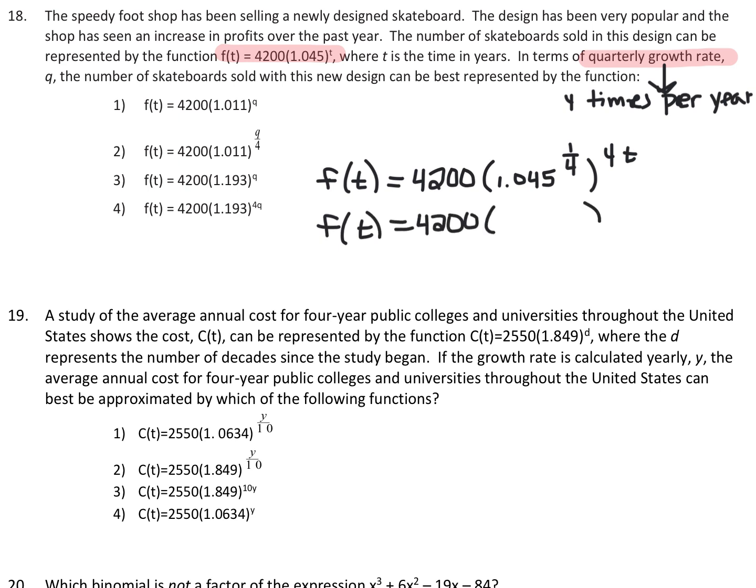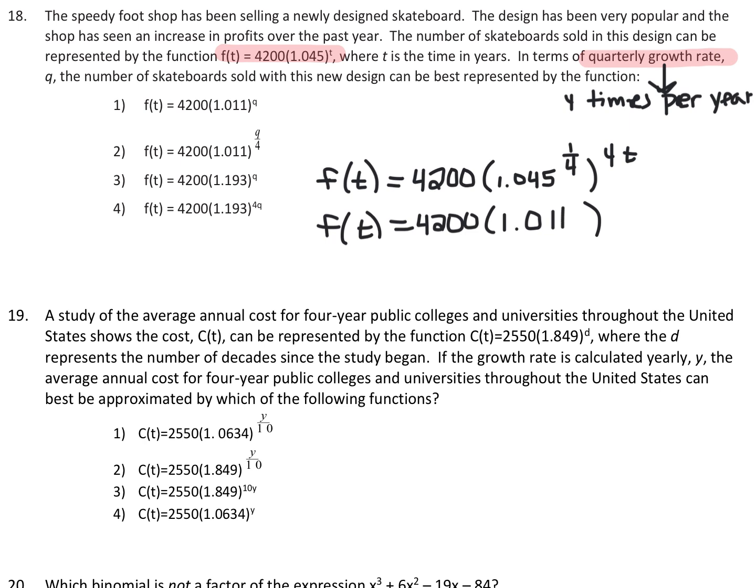Okay, now, in your calculator, you're going to type in 1.045 to the 1/4 power. And you could see in the answer choices here, they rounded to the nearest thousandth. So let's do the same. So when I plug this in my calculator and round to the nearest thousandth, I get